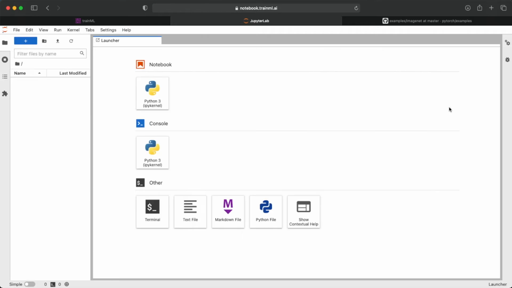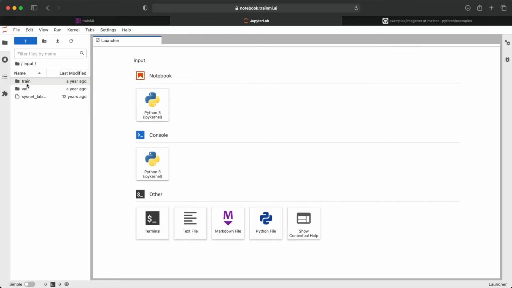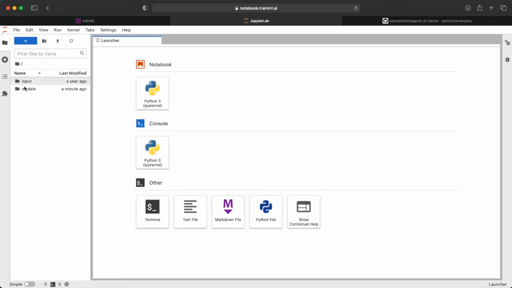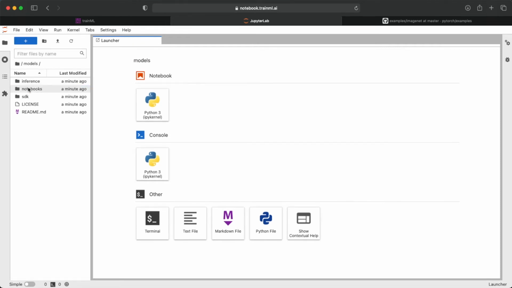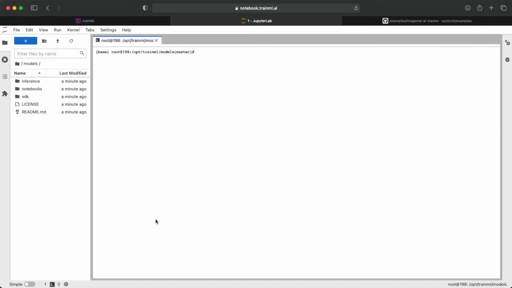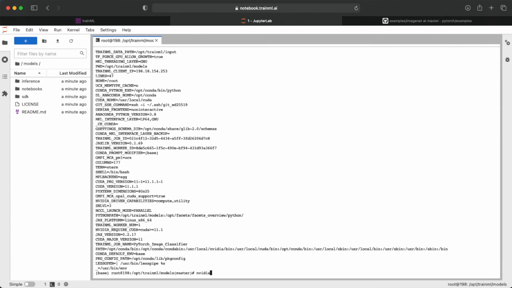Notebooks are a great way to get familiar with the job environment that is common to all trainML jobs. On the left side, you can see the input folder that contains the ImageNet dataset we selected. The Models folder contains the code repository we requested in the job form. If you open a terminal window, you can also see the same files and where they are relative to the root directory. You can view any environment variables that are configured, or check the status of the attached GPU with